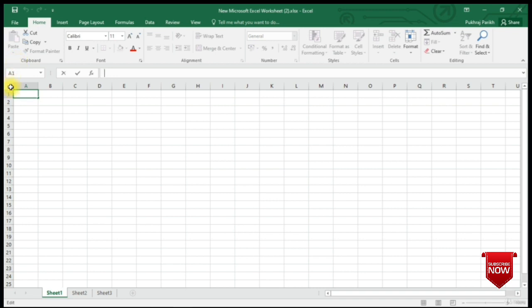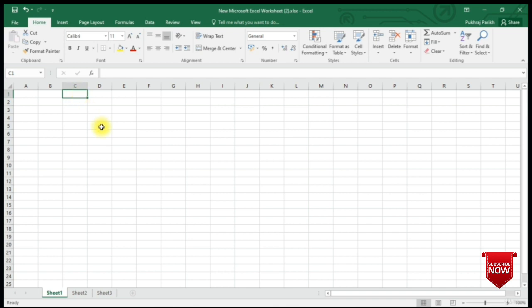Let's click on cell B1. When you click it, this thick black bordered box highlights this cell. This means that this cell is now active. If I want to activate C1, I will click on C1 cell.